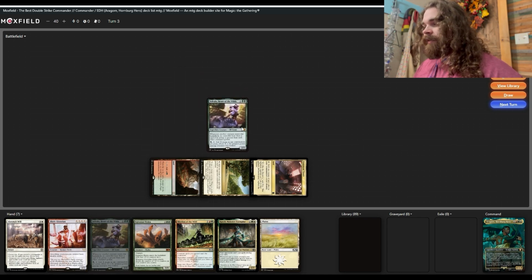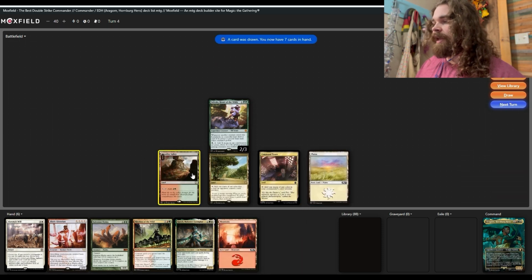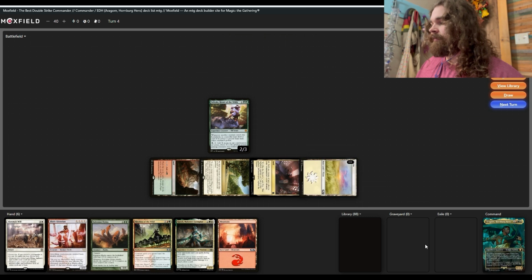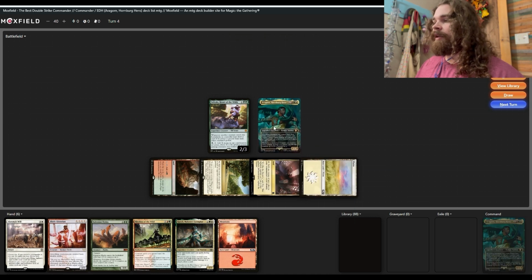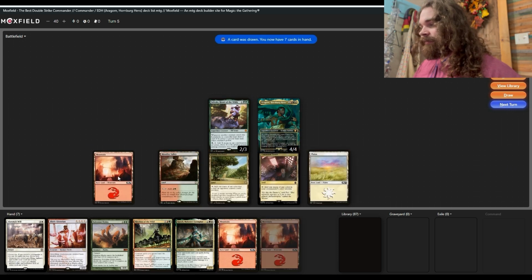We could run out Selvala here. Yeah, it doesn't really matter. Okay, do this, cast our commander. And then do we attack with Selvala? Nah, it doesn't matter. Maybe we'll attack just to get a counter on her, but...